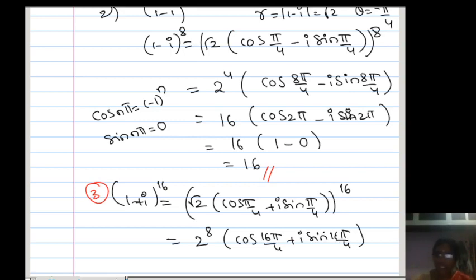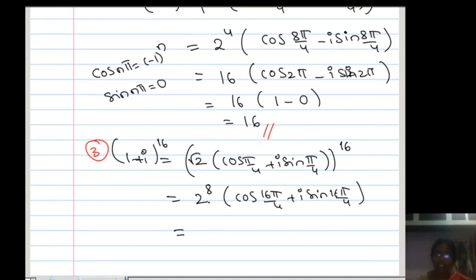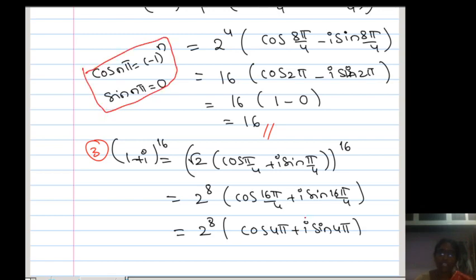Okay, so then speed up. 2 power 8, what is the value? 2 power 8 is 256. So cos 4 pi plus i sin 4 pi. Just now I discussed that sin n pi is 0, which is very important. So sin 4 pi is 0 here. Cos 4 pi value is plus 1, since minus 1 to the power 4 is 1. So 256 into 1 plus i into 0. So the answer is 256. What is 2 power 8? 256.